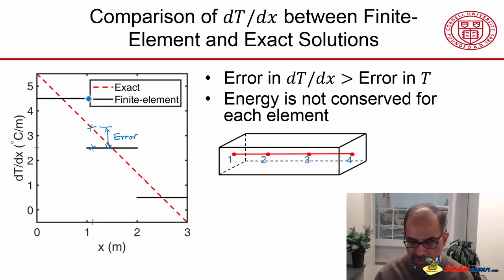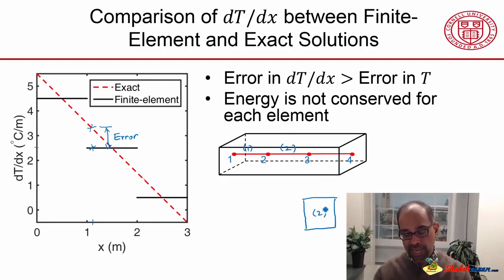And from this, we can deduce that energy is not conserved for each element. And that's an important point. To see that, let's take a look at a couple of elements. So let's say this is element 1, this is element 2, and if I draw a two-dimensional view of element 2,